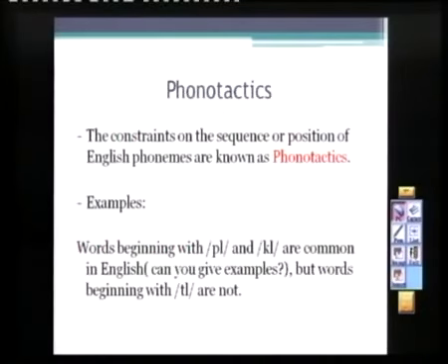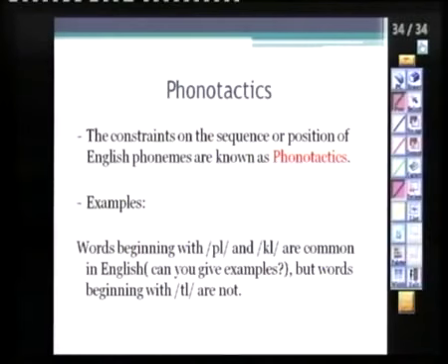Actually, we talked about this earlier, but we did not introduce you to the term. So if you look at this, okay, I know, very confusing for you, but look at this example and you're going to understand what I'm talking about. You remember when we said, for example, the sound /k/ and /r/? We said, is this combination allowed in English? Yes. In a word just like cry, crowd, crew, and so on. So this combination of sounds is allowed in English.